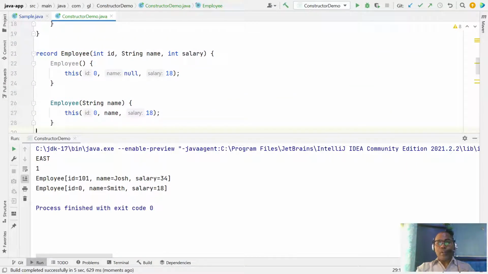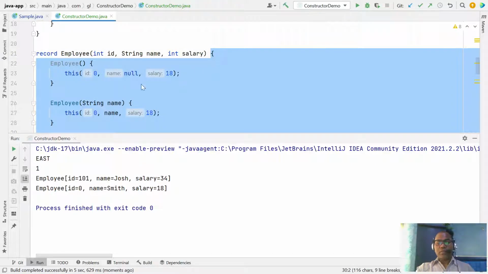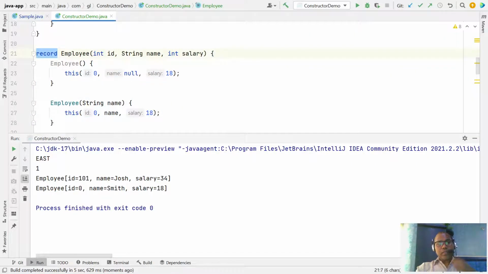So by default a record class starts with the constructor itself. This is the kind of constructor where you can define the 3 variables. So whenever you are defining your own constructor, let's say a default constructor or a 1-argument constructor, you have to invoke this primary constructor here. This is the constructor you want to initialize.